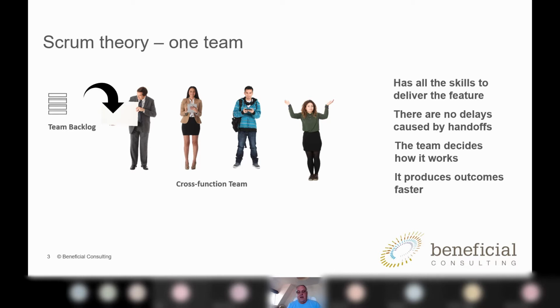But my question would be, how does the team know how to work if we don't tell it? How does the team know how to behave if we don't tell it? Because Scrum theory doesn't give us very much about the ways of working. If you talk about testing, it doesn't give us much about that. If you talk about the flow within the team and the roles and responsibilities, Scrum doesn't give us anything in that space either. So Scrum is only a part of the story, and as coaches what we have to do is start to think about different constructs.